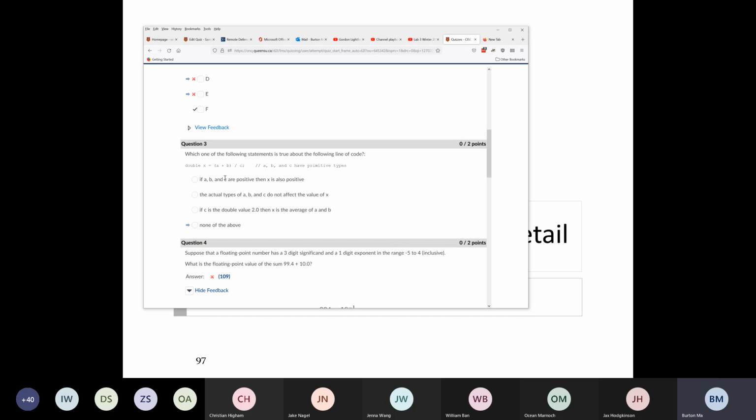And in fact, if A and B are equal to their int values, you can compute the sum exactly. So that's not true. If C is the double value 2, then X is the average of A and B. Also not true, right? If A and B are int, and that sum overflows,